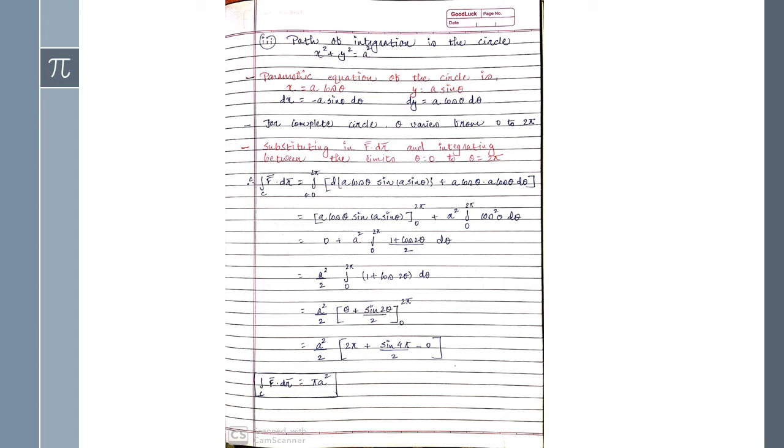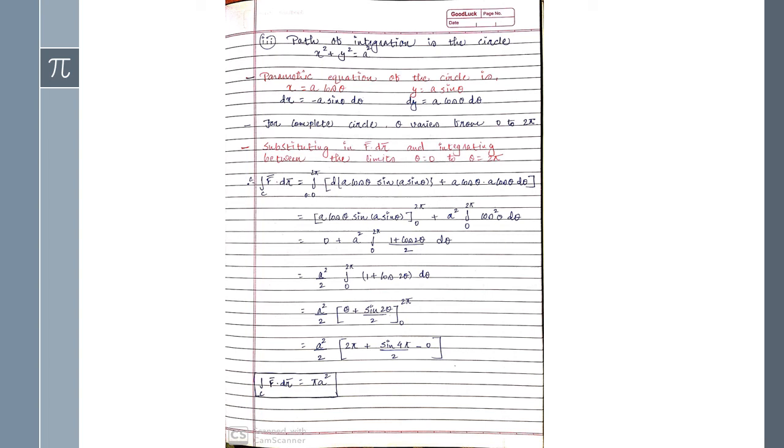And here the path of integration, the circle, is given, x square plus y square equals a square. Okay, now you can check the equation. Here there are not given any kind of limits or any kind of terms of x y z, right? It's only given the equation of the circle, x square plus y square equals a square. So here you have to apply its parametric equations of the circle, and we know the parametric equations of the circle are x equals a cos theta and y equals a sin theta, right?